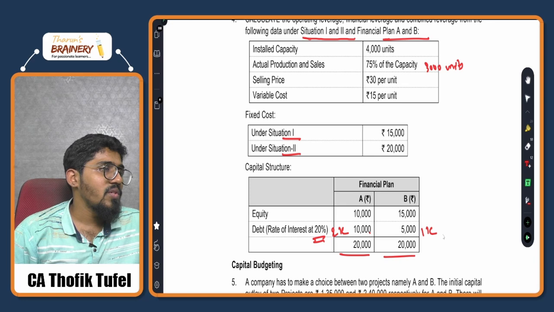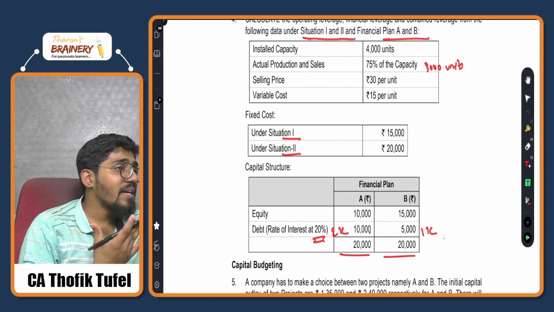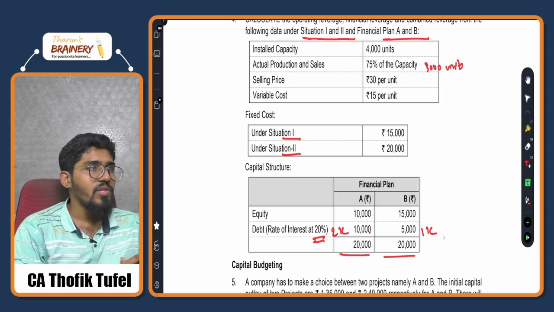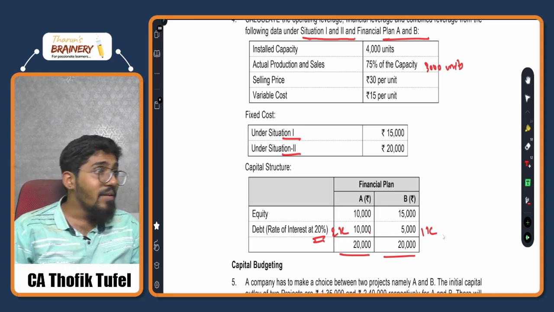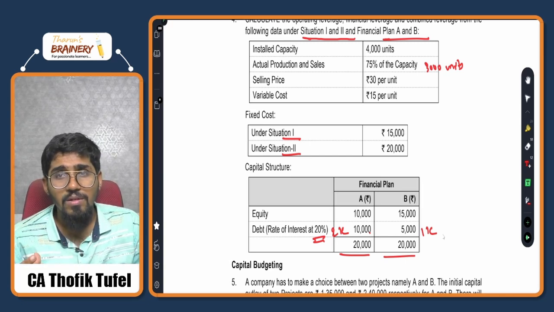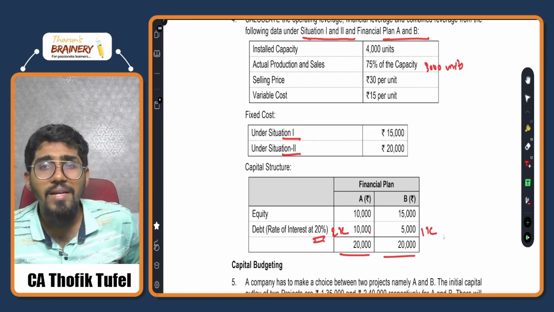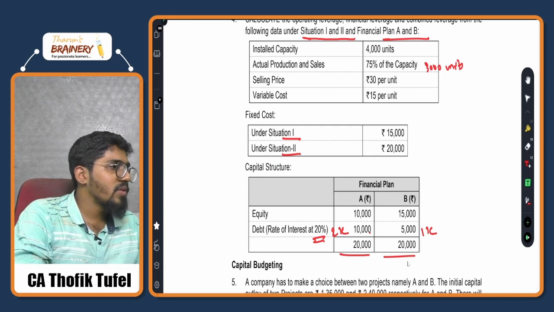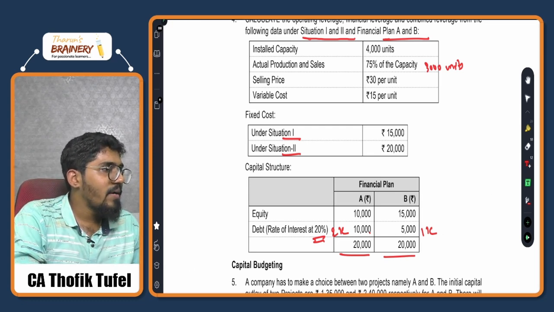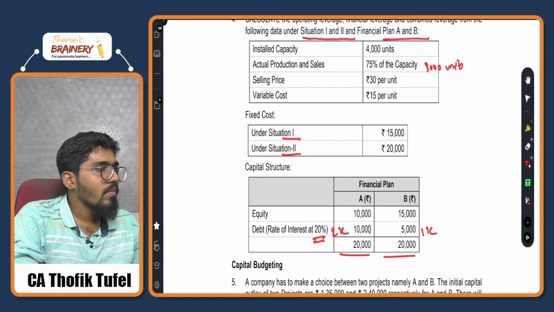Have you all understood this question? You have to understand the question first, because reading the question is more important than solving the question. I always tell that, because once you read this question, you solve the problem in your mind itself. At least the approach will be solved in the mind, and then you just replicate it on paper. Understood the question till now? I just need some clarity. Yes, sir. Very good. Okay, fine.